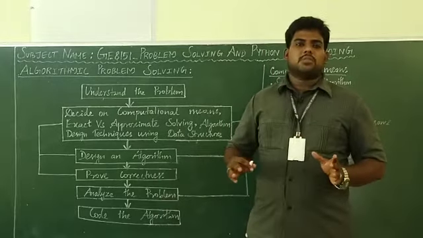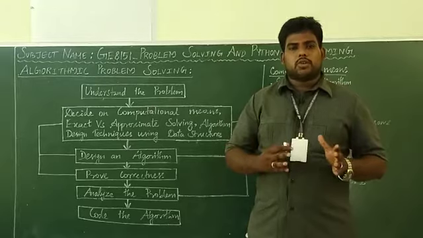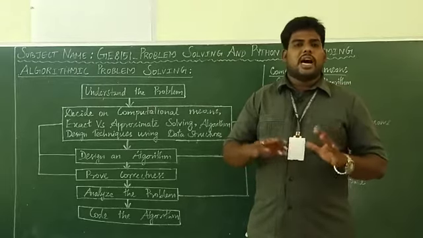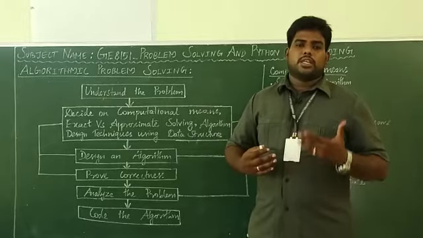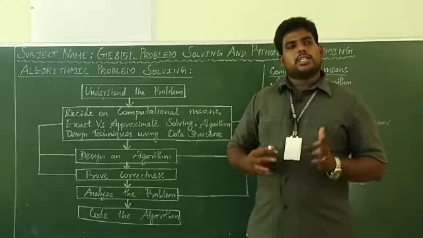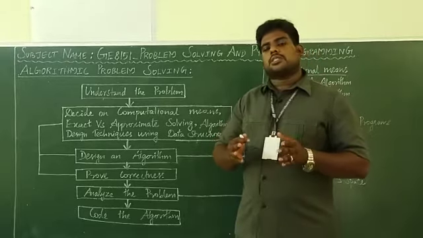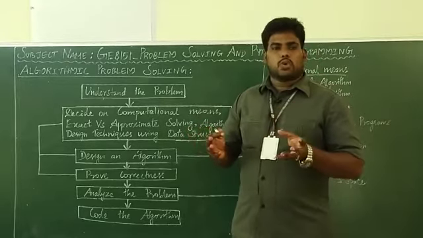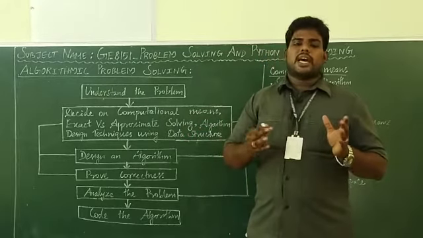Data structure is nothing but something used to organize the data. Using a data structure, we organize or arrange the data. There are various data structures, such as stack, queue, list, and so on. These are the data structures used to arrange data. Algorithm plus data structure gives the combination of a program. So using data structures, we can arrange the data.